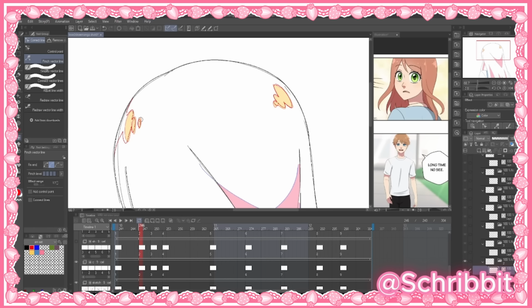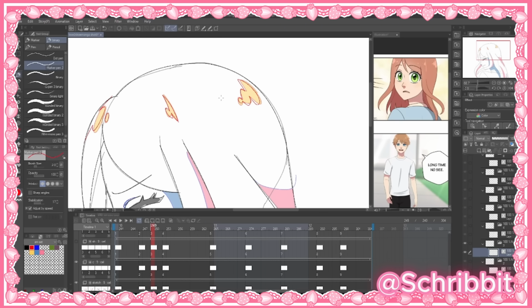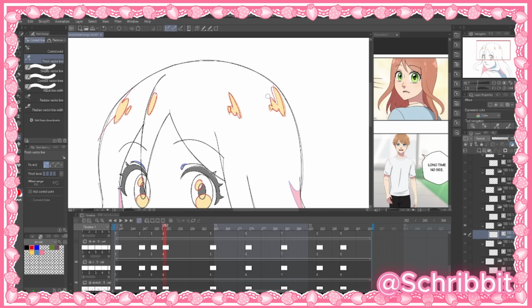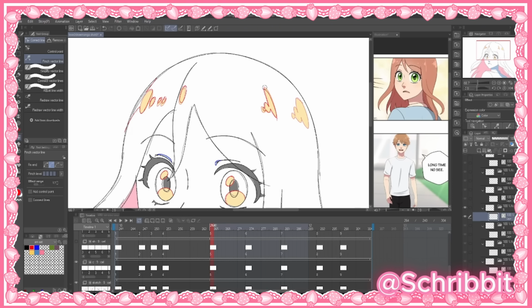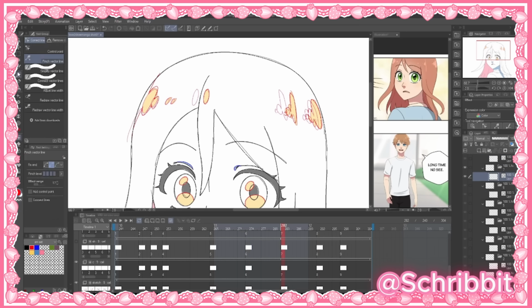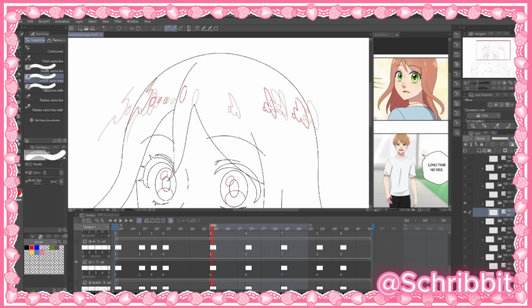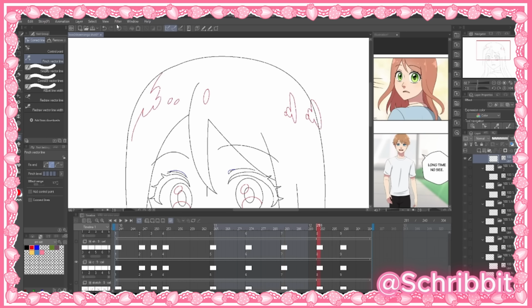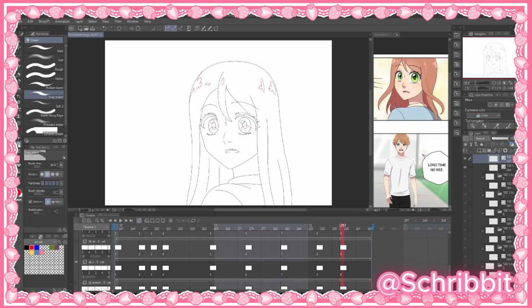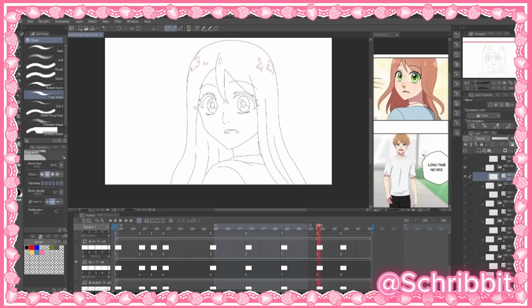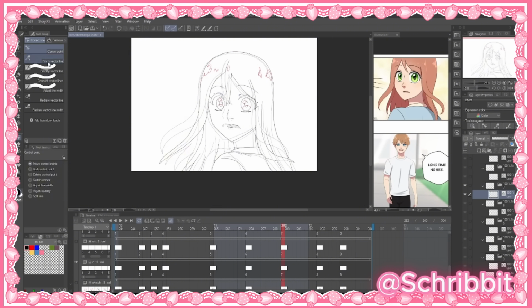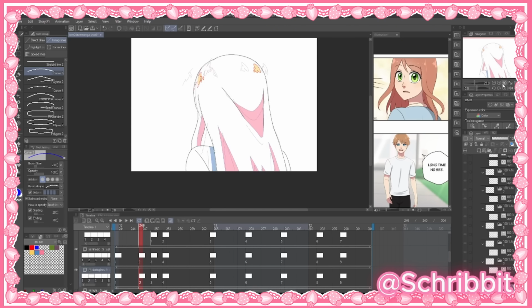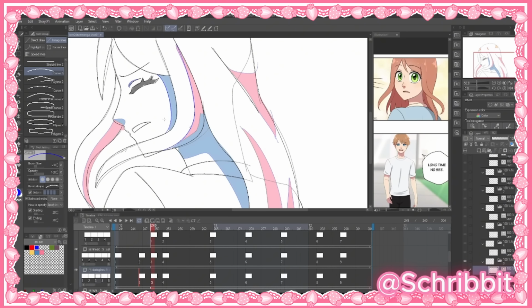So if I isolate the eyes, I find personally that it helps me focus on them, and then when it comes to the rest, I can just take the eyes away and color the skin and hair underneath without having to go through and color all these little tiny spots that the eyes end up making, because there's the details with the eyelashes and all this stuff. I just find it's way more simple to